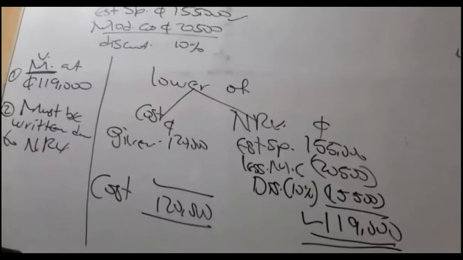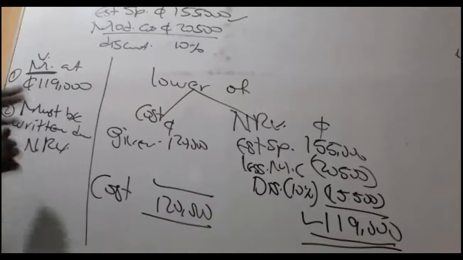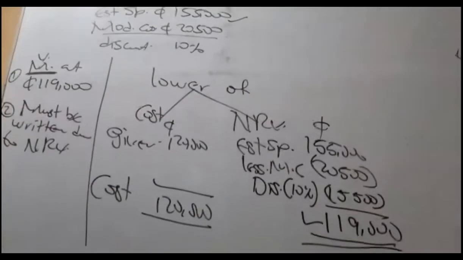Now, it means that in exams, when it happens that the NRV is the lowest one, then we have to perform some necessary adjustments. Now, what are the adjustments? What will be the accounting treatment? First, the right inventory is the